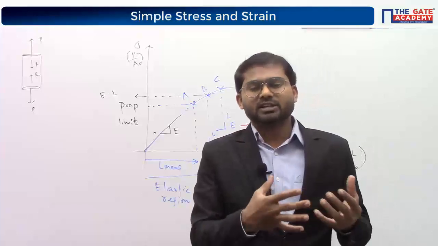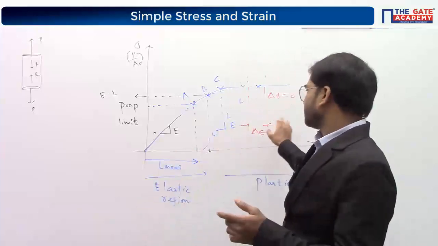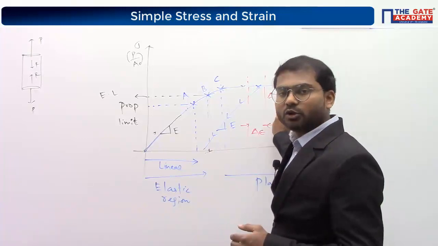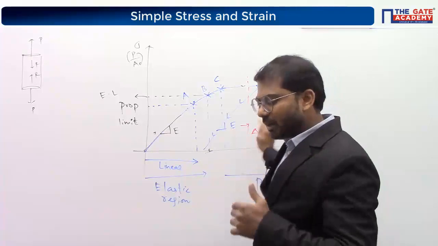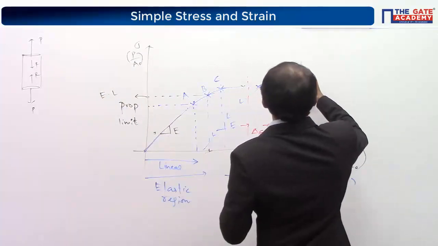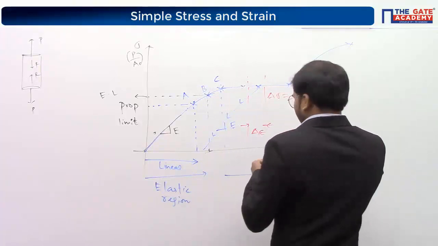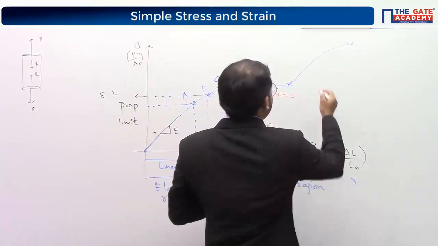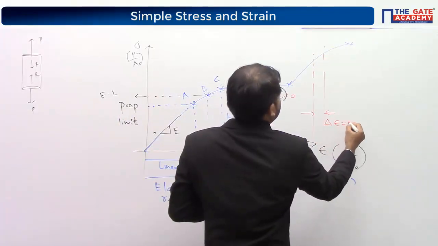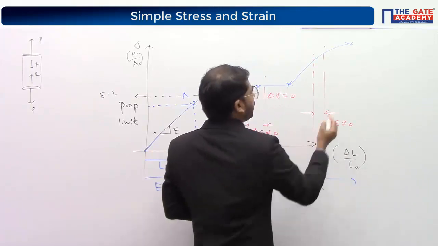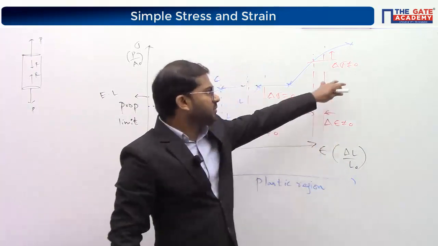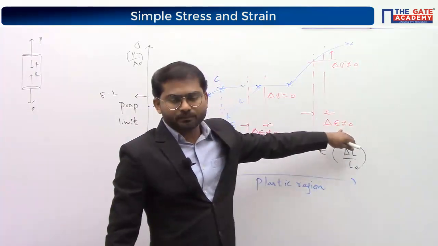It goes on like that, but the material cannot behave forever in such a way that strain is non-zero while change of stress is always equal to 0. What happens is, after some time, the material becomes stiffer, and you will get a curve like this. In this curve, you will have delta epsilon not equal to 0 only when you have delta sigma not equal to 0. If delta sigma is equal to 0, you cannot have change of strain.